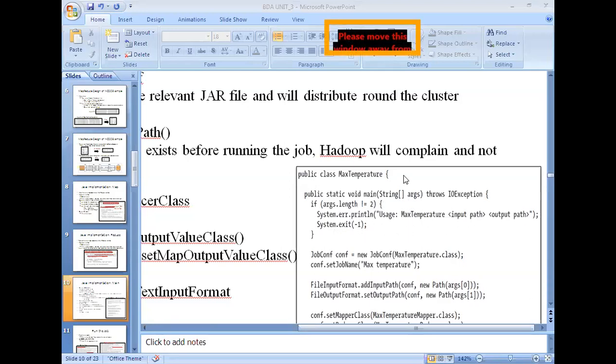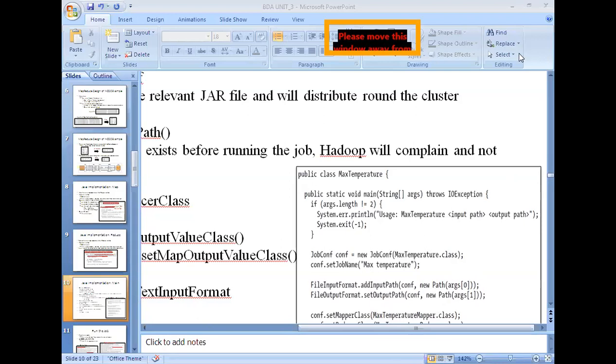Whatever the first argument you supply will be the input path, and the second parameter you supply at the console will be considered the output path, right? So FileInputFormat dot addInputPath of configuration object comma new Path of arg sub 0, and the second argument is the output, where we are supposed to write the output.